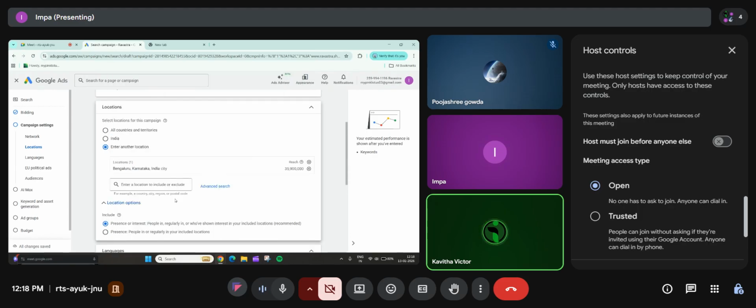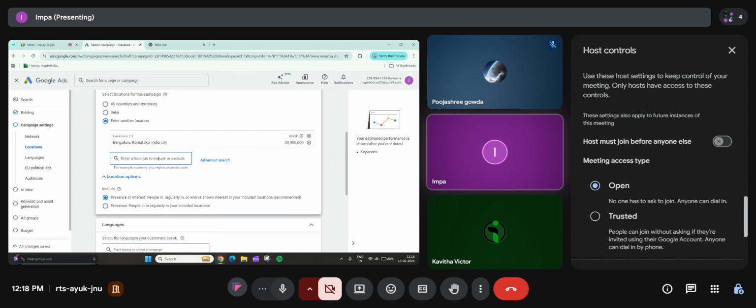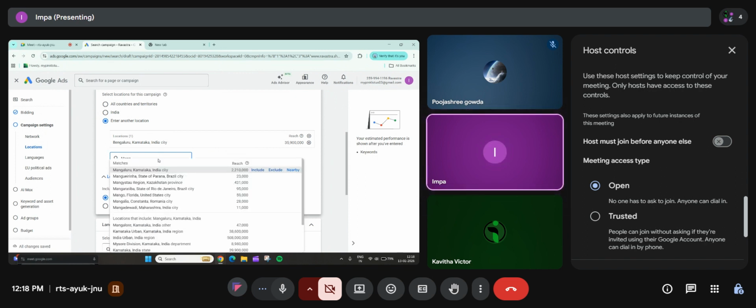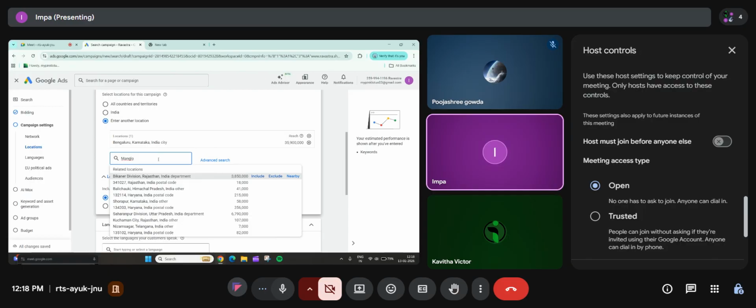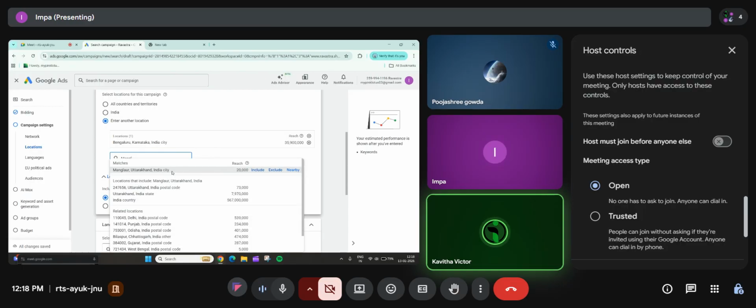Include it. Okay, it is included. Now again type some other place in Karnataka. Mangalore.